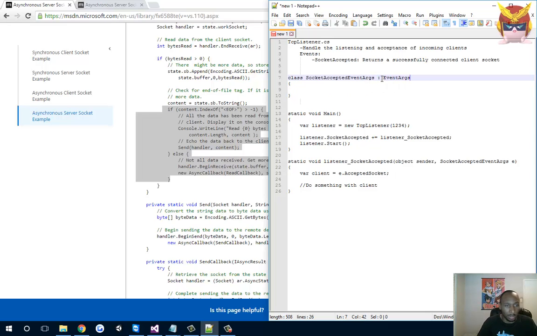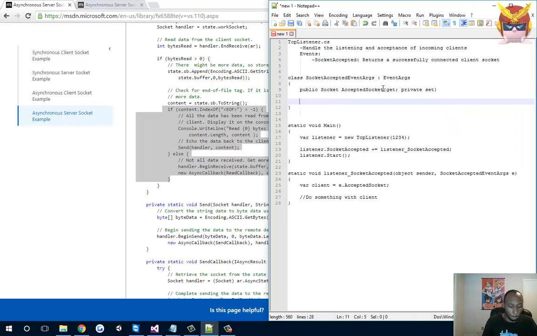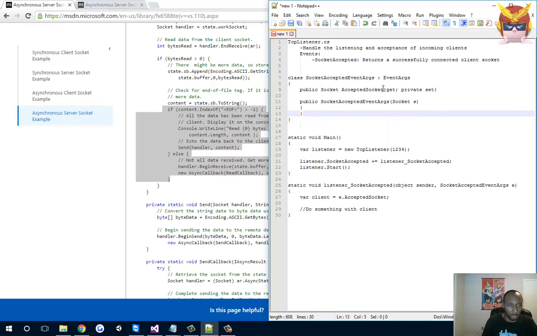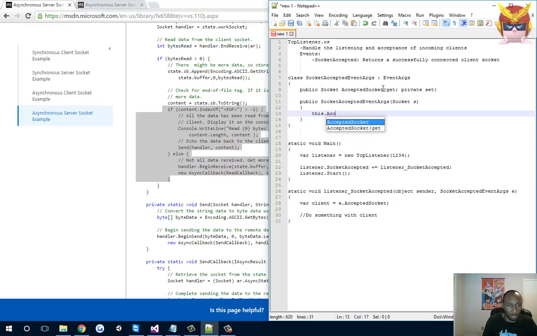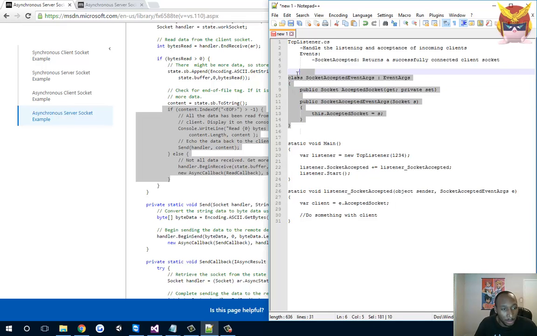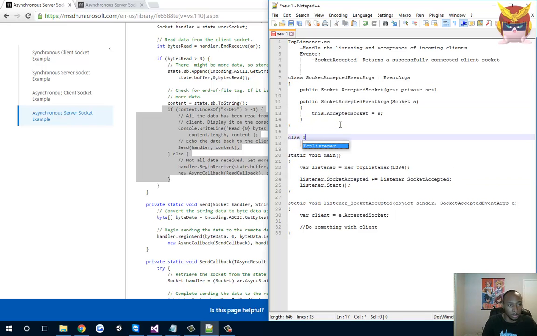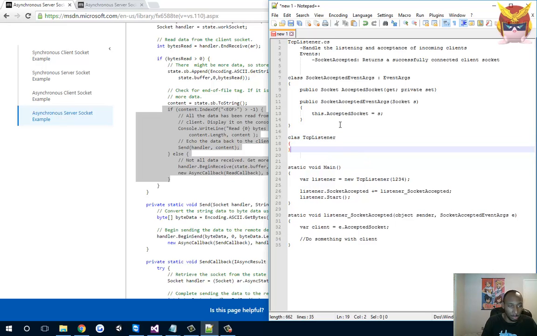We would inherit event arguments: public socket accepted socket, get and private set. Public socket accepted event args takes the accepted socket as the parameter, and accepted socket equals s. So this would be our event argument class that we would use with this. Let me go ahead and show you that as well,